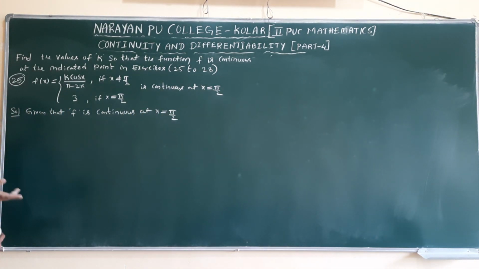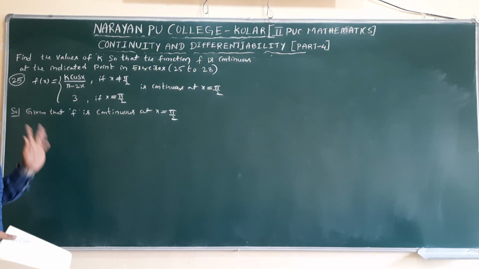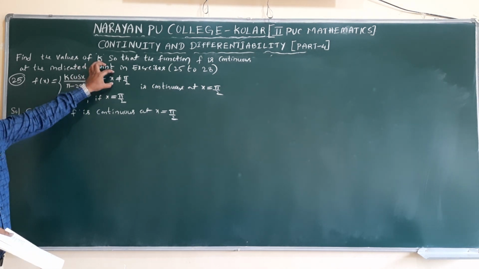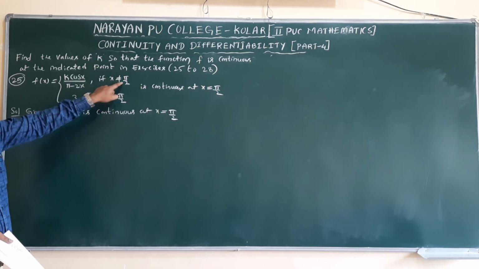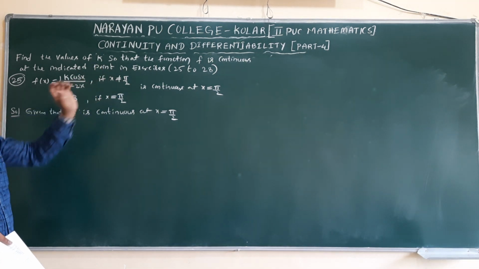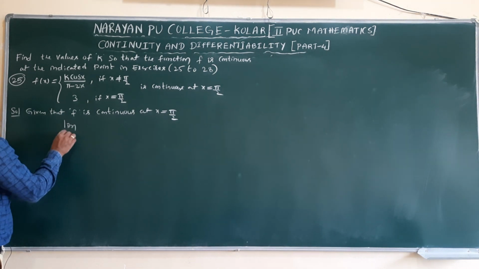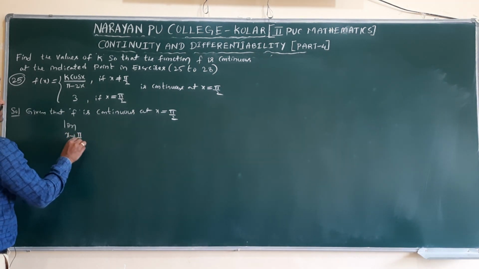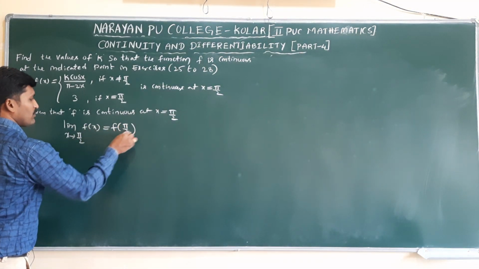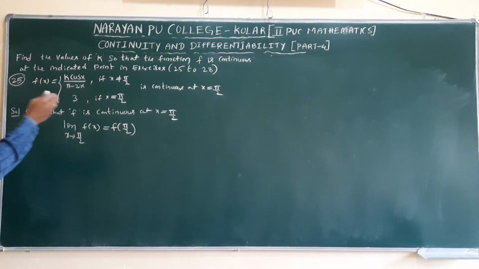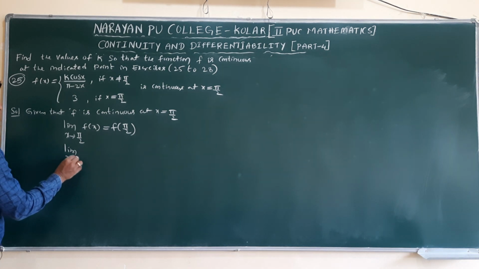Which formula do we need to apply here? That is the main doubt we'll get. Here less than or greater than is not there, so we'll use the first formula. Limit of the function: x tends to a means it is approximately near to a value, here pi by 2. It's not exactly pi by 2, but we'll consider it as pi by 2. So we'll use the first definition only. Limit x tends to pi by 2 of f of x equals f of pi by 2. Why am I taking this condition first? Because they already gave that f is a continuous function.